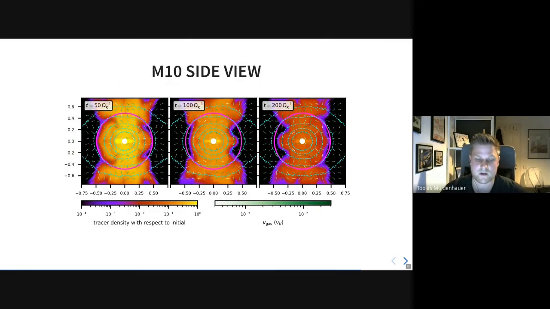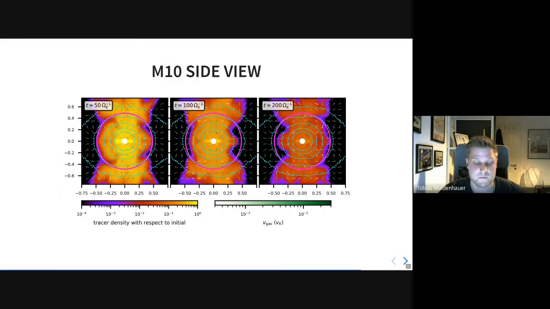Let's first check out the side view of the 10 Earth mass case. So here we see that, again, things are very asymmetric. If you look at it at 50 omega Kepler inverse, there's a bulge on this side, and at 200 omega Kepler inverse, there's a bulge on that side. That's just because the atmosphere is no longer one homogeneous sphere, but it starts to wobble and